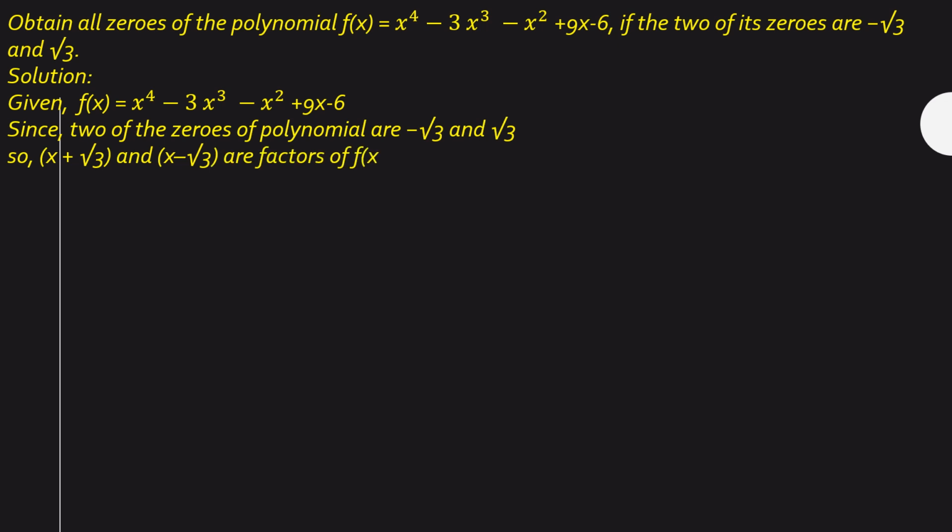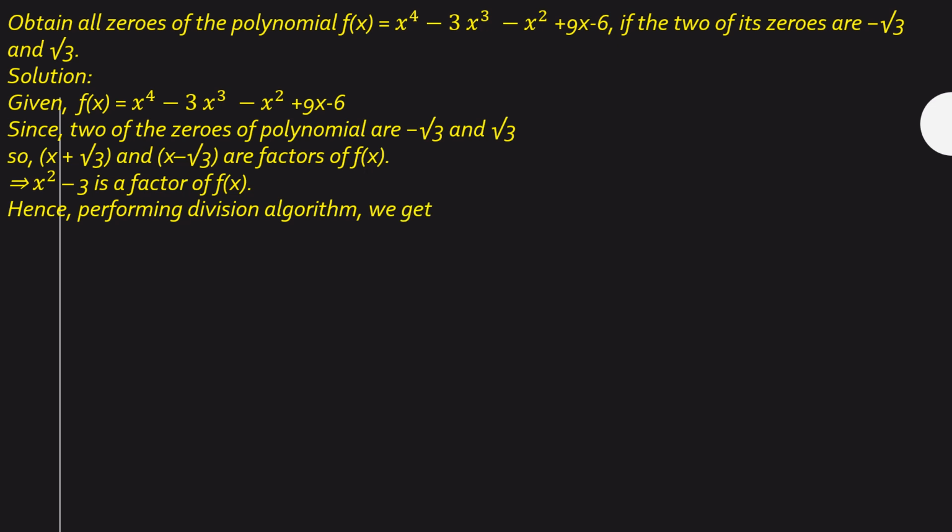So the same procedure we did before: the factor should become the divisor and be divided into the dividend, so that we will get the quotient. For this I will take x plus root 3 into x minus root 3, which becomes x square minus 3. That will be a factor of f of x, because if 2 is a factor of 6 and 3 is a factor of 6, 2 into 3 is also a factor of 6. Similarly, if you multiply two factors, x plus root 3 and x minus root 3, their product is also a factor of f of x. So I have taken their product, x square minus 3. Now this x square minus 3 will become the divisor.